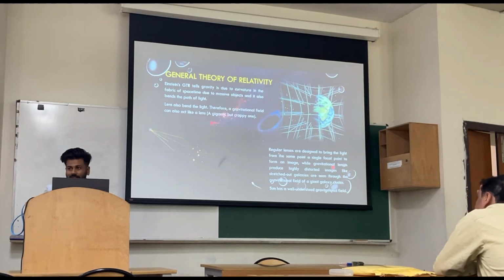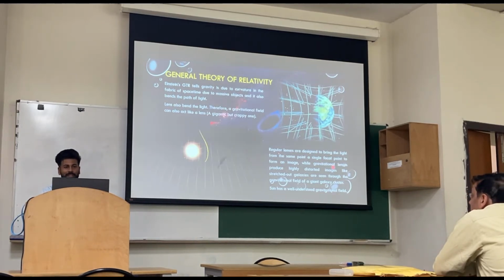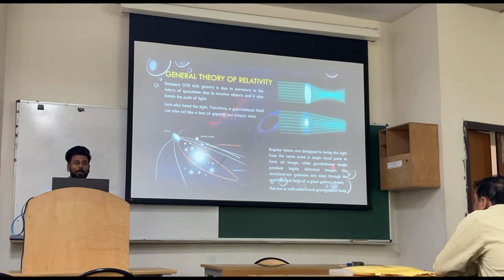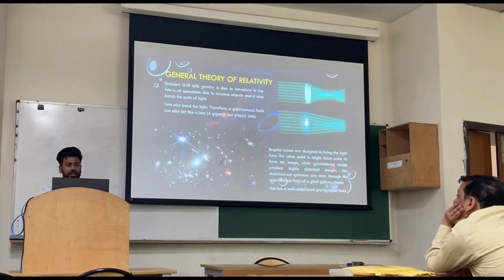and there is something else which bends the light. Can anyone tell me? There is something else which bends the light. Simple lens, optical lens. So an optical lens bends the light, and a heavy mass bends the light. So I can call this heavy mass something like an optical element, but not exactly a lens, because it does not bend the way a lens does. A lens tries to focus the light at a single point. We design it in that way, but the gravitational object does not do that. We get something like stretched images of the galaxy, like this image.